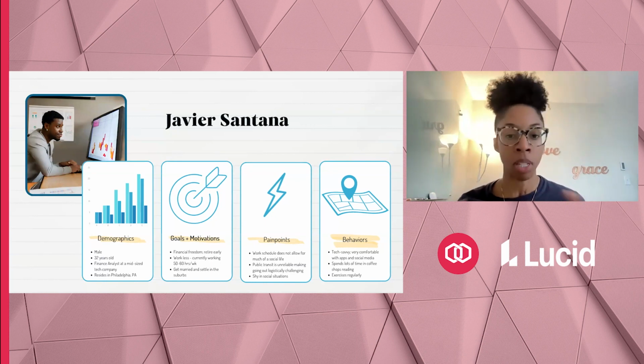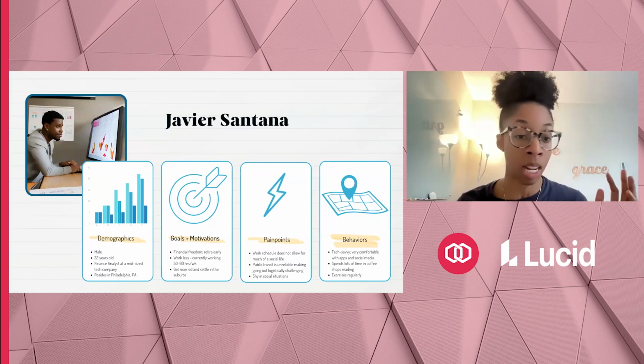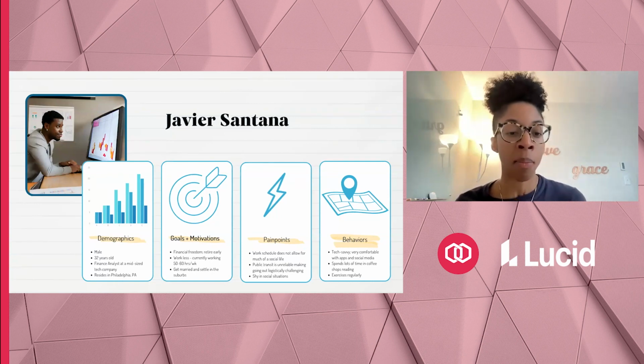So here again, I put together a very lightweight one, and this persona here, it's just identifying some of the demographics around this person. This was one that I did for a dating app. So if you were on whatever, name a dating app, this could be a persona for that. So again, a male, 32 years old, and is a finance analyst. Just again, to get a general idea of who we're talking about here